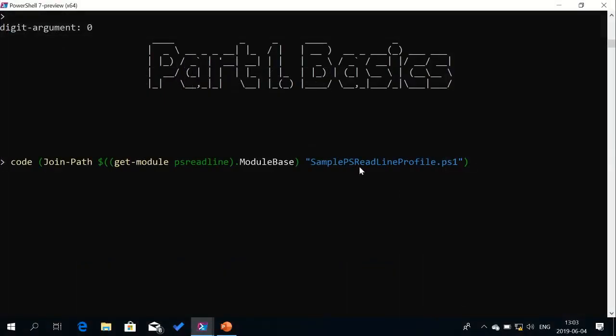Has anyone here read the sample PSReadLine profile that ships with PSReadLine? None. No. One person, two people. Okay. Well, you're probably going to get a lot out of this talk then. I hope so anyway. This is basically a sample profile that actually ships with PSReadLine. If you look, I'm just getting the module base directory, and there's a file in there called sample PSReadLine profile. And if we just open that,